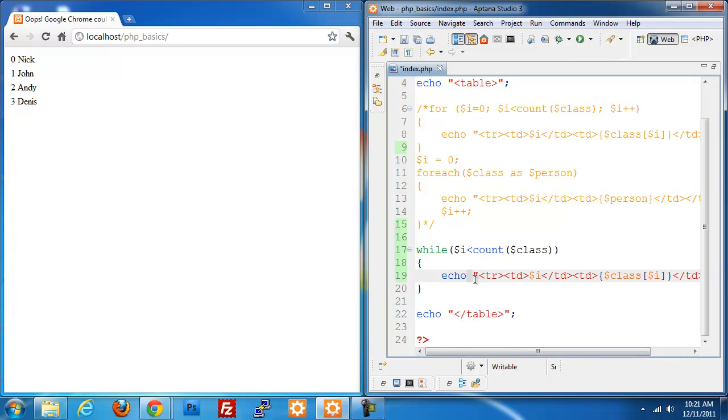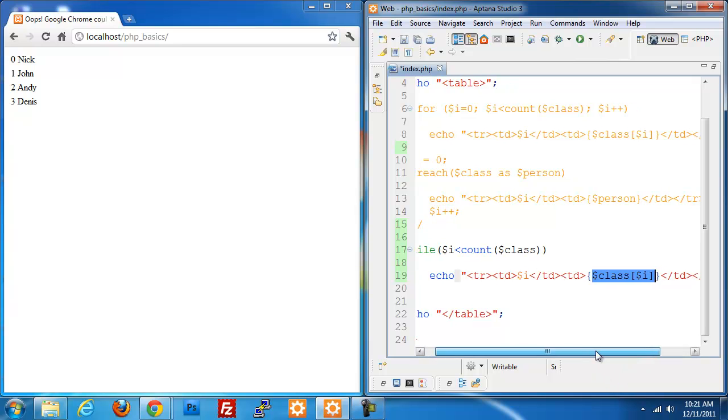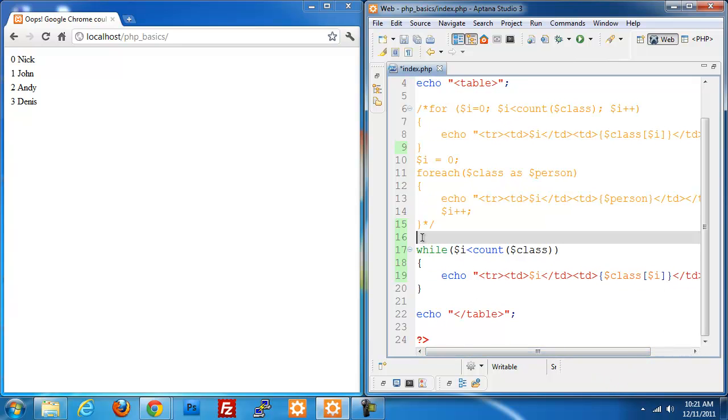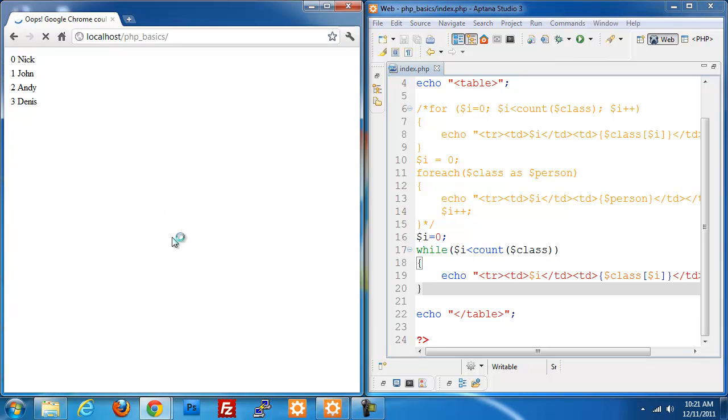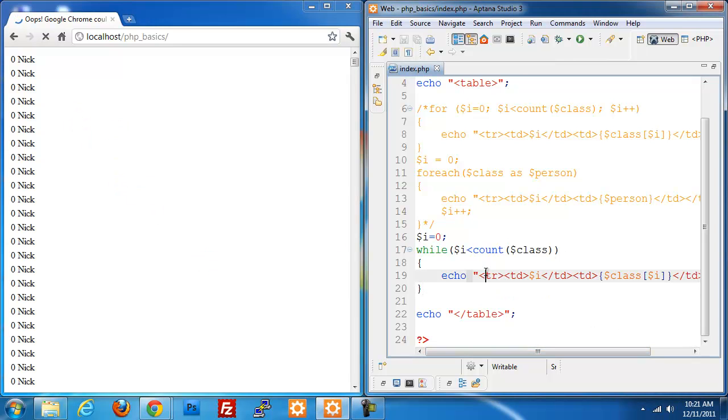So all that I did, I have a table row, table data cell, and I'm outputting the value of $i and outputting the current location in the class array as I did with the for loop. So I'm going to assign $i again. And this is going to run as long as this condition is true. So as long as $i is less than count, then we will be fine. So if I refresh,